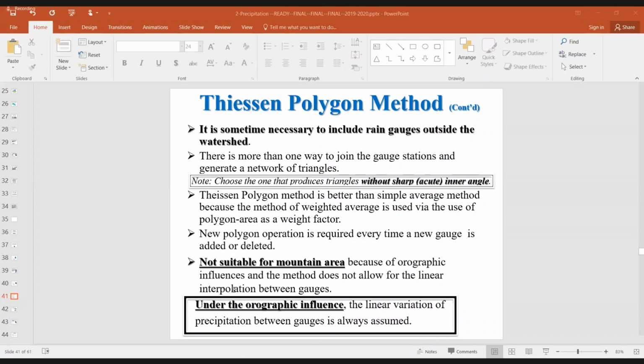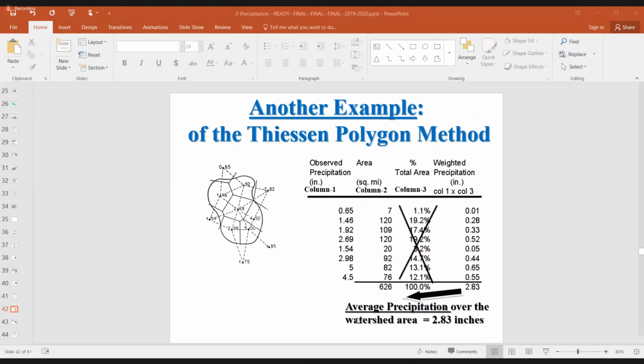Then we go to this example that is shown. This is a watershed area given, and these are the stations where the recorded values are 0.65, 1.46, 1.54. That means he's not going in any random way; you can go this way or follow some system. So he's going 0.65, 1.46, 1.92, then 2.69, then 1.54, then 2.98, then 5, then